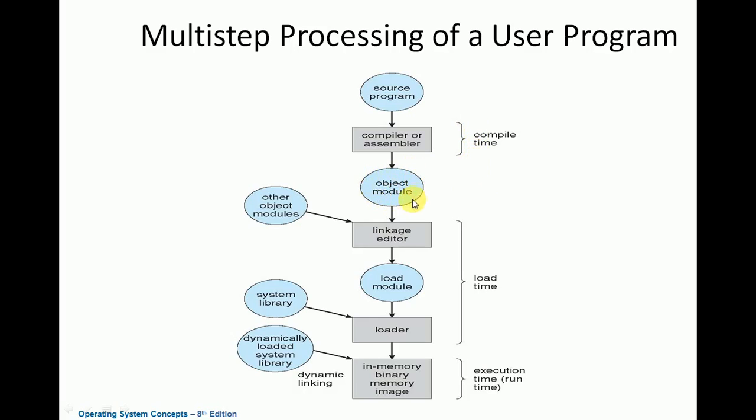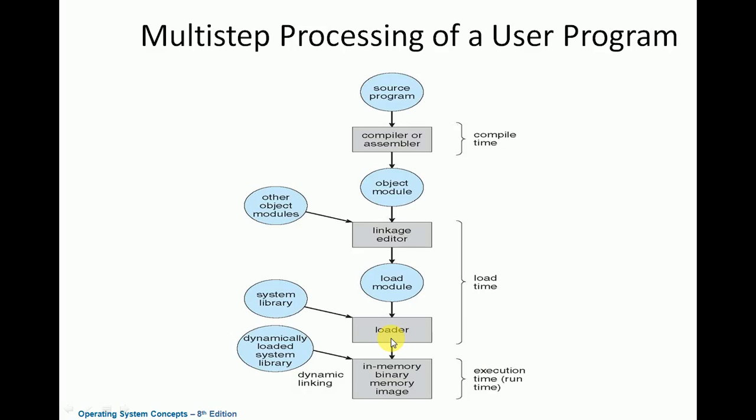Now, this object module is given to the linkage editor. So basically we want to use a linker and loader here. Do you know what is the role of the linker? The linker is going to link your object module, that is the program, with other object modules. If in a program you are making use of the contents of some other program, then we need to link the object module of the program with other object modules. This is done by the linker, called the linkage editor. Then it is going to generate a load module, which is given as input to the loader.